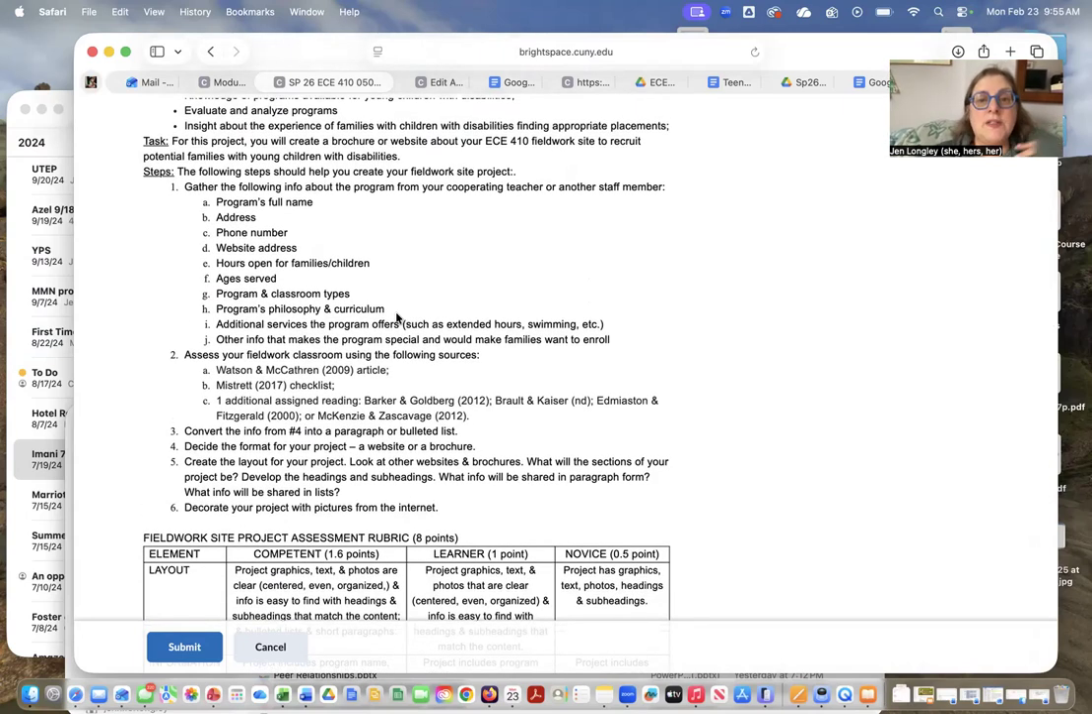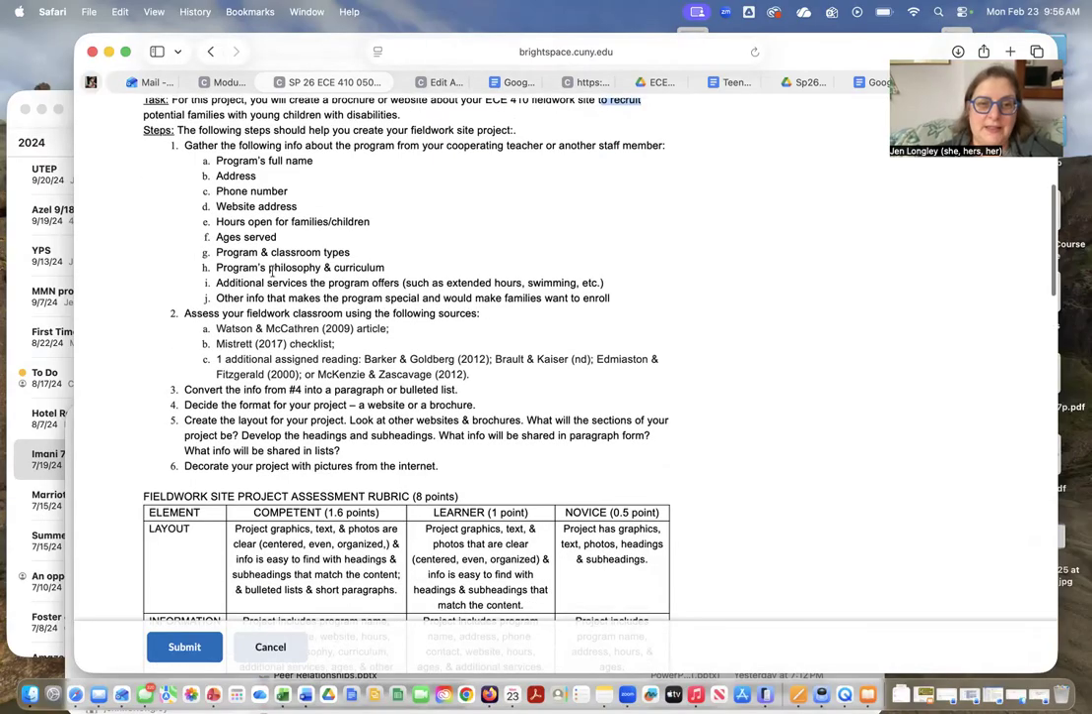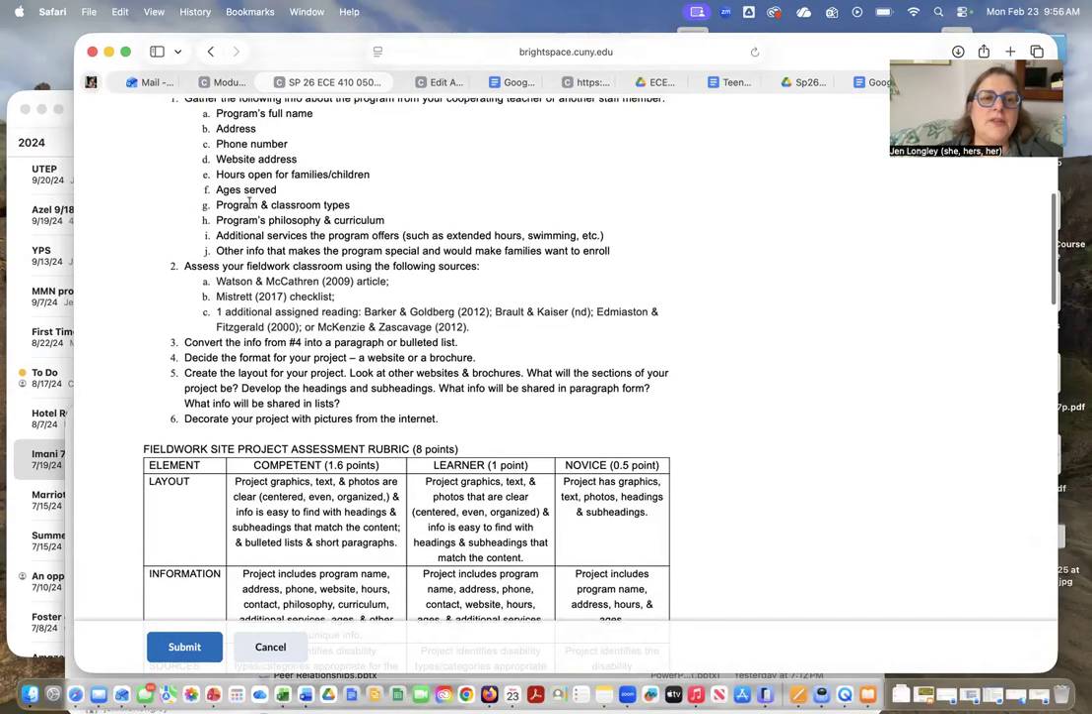I should tell you, this brochure that you're creating is designed to recruit potential families to want to come to your program. You're going to pretend you're having a career fair and you're making a brochure that you want to hand out to families. So after you have this basic information, then you're going to use two resources